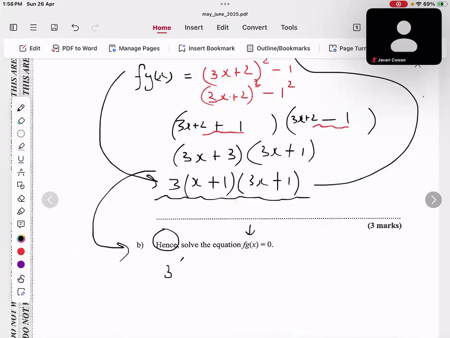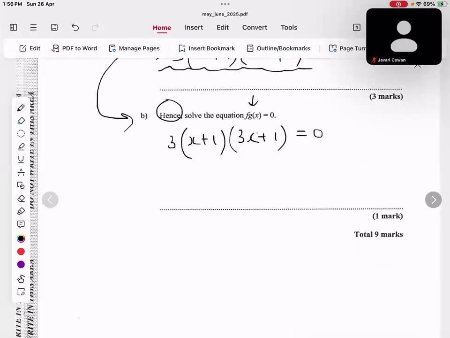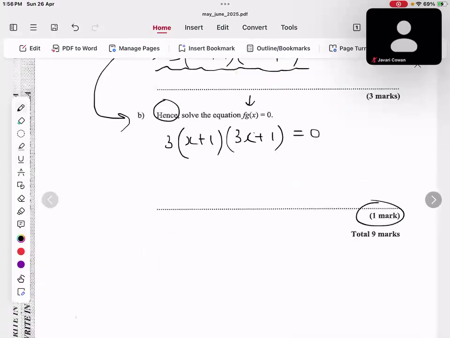So they're trying to get you to take the answer from up top and set that equal to 0. If you notice, there's only 1 mark it worked. You realize? It only worked 1 mark. Or really 4 marks the question worked, but because you did half of the work already, they only needed to